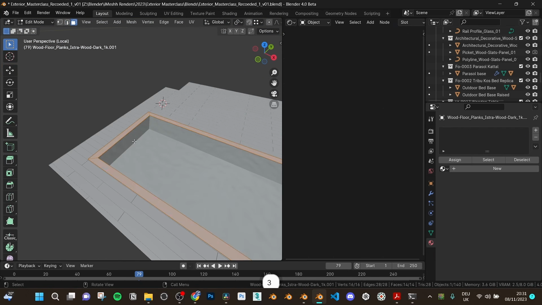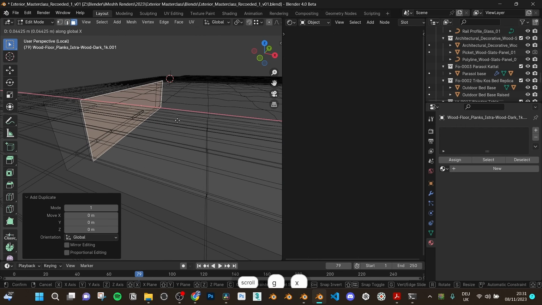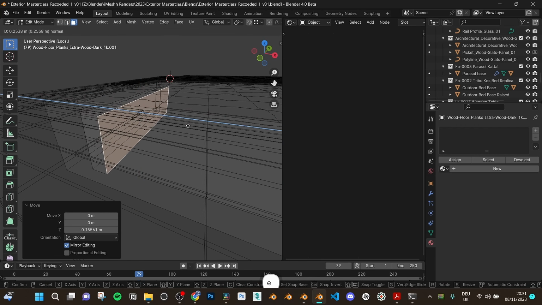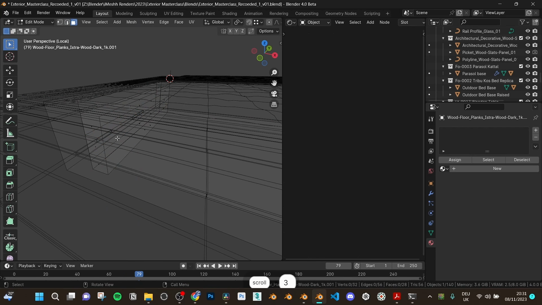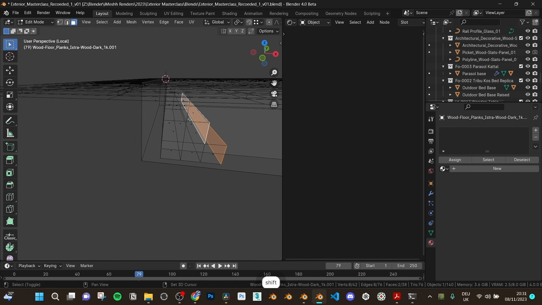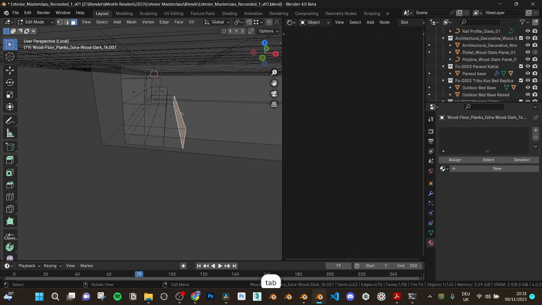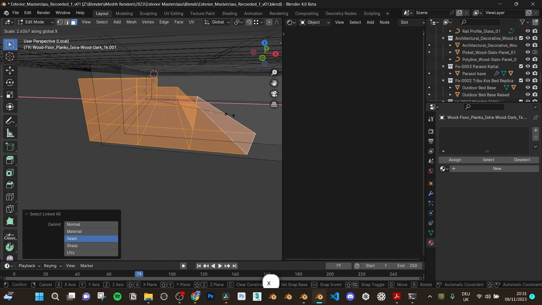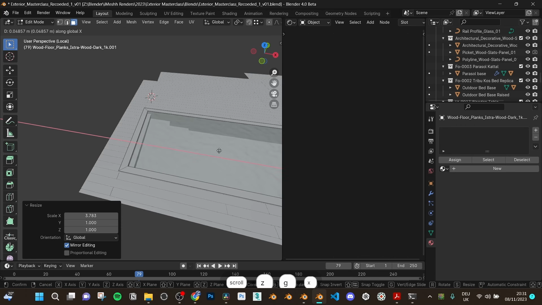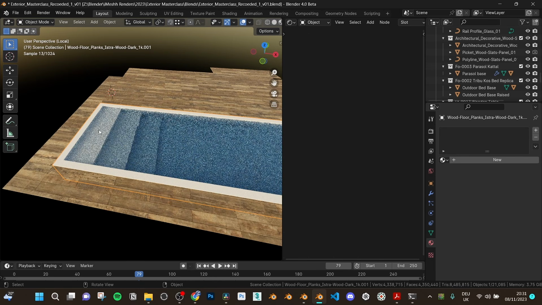So what I'm going to do is just select this edge, do Shift D, and I'm just going to do really, really quick and dirty, just extrude that out. And then select these two edges. Oopsie. Please make these steps maybe a little bit straighter if you get the time. And actually, I think that will be fine. But I'm hoping this will show the absorption effect. Let's scale that out a little bit. Just nice big steps. Now if we go and render preview, you see that the step at the top has less blue,